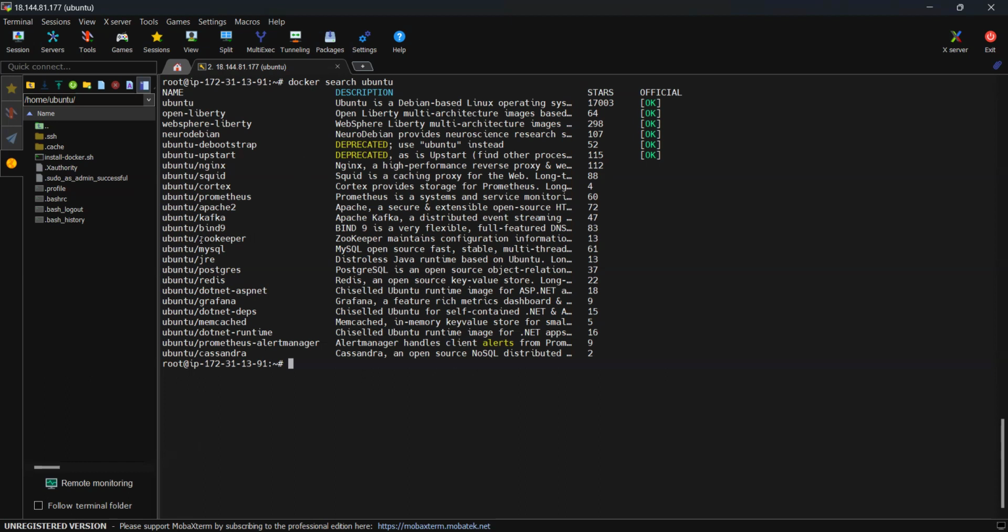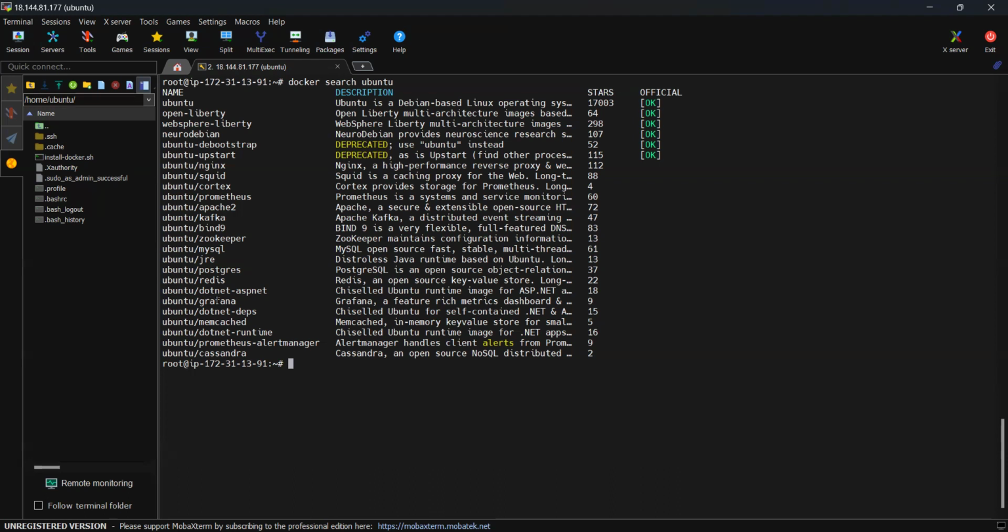You need to understand what Zookeeper is. Ubuntu and JRE, Java already installed in this image, the Java runtime environment. Ubuntu Postgres, Ubuntu Redis, Ubuntu .NET,